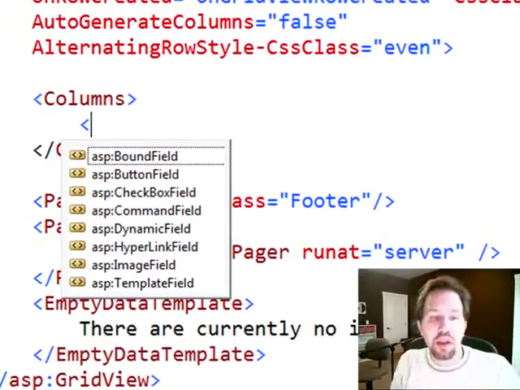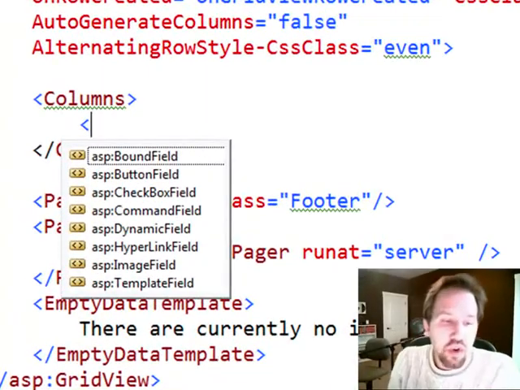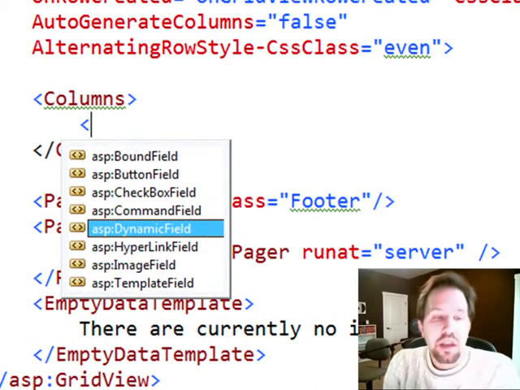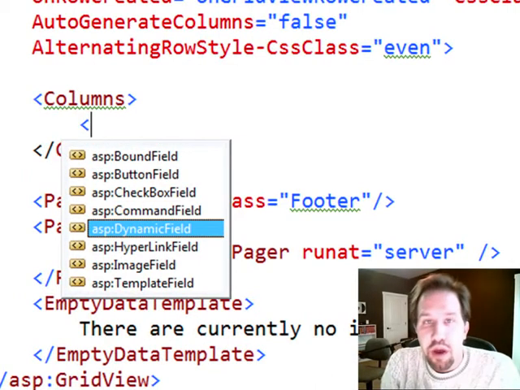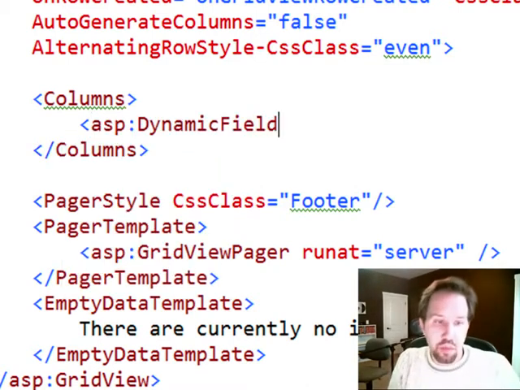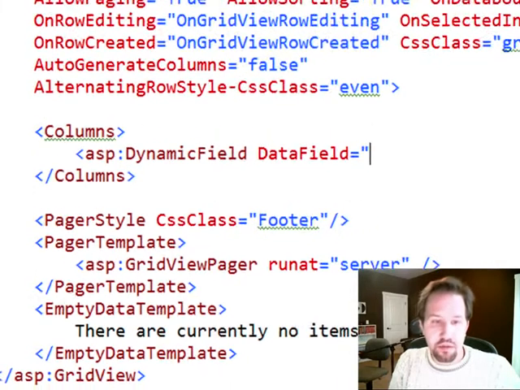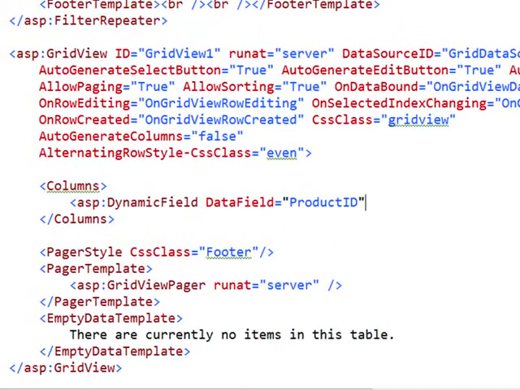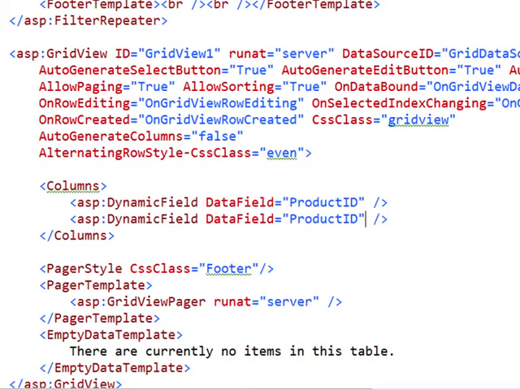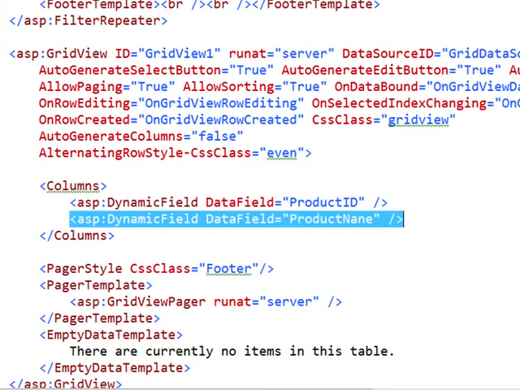So we can come in here and you see that we've added a new dynamic field. When I said in the first video that the grid view had been modified, one of the things that was done was the addition of the dynamic field. You might think of dynamic field as being a replacement for bound field. It's a lot simpler way to get your data out. So let's say we want to have a product ID, product name,